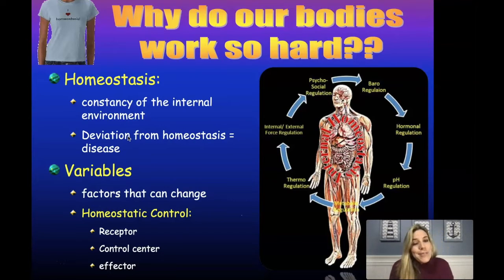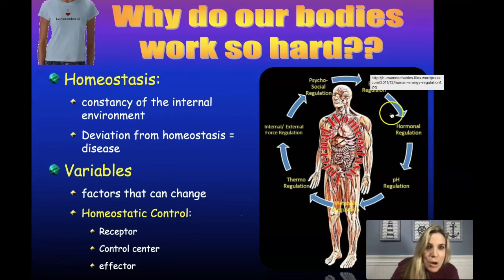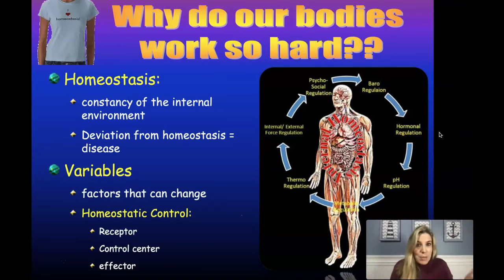So what kinds of homeostasis does our body work towards? Well, all sorts of things. You can see in this diagram, it just lists some of the kinds of balancing acts that our body has to do. Whether it's baroregulation, or hormonal regulation, making sure our hormones are in the proper amounts. The pH: if you deviate, for example, too far from the 7.4 pH in our blood, you could go into a coma or die. Et cetera, et cetera. Even psychological or psychosocial regulation, everything. Our bodies are constantly trying to maintain the right amounts of everything.